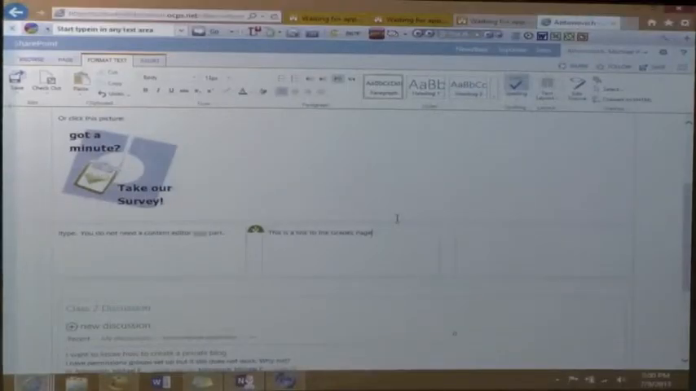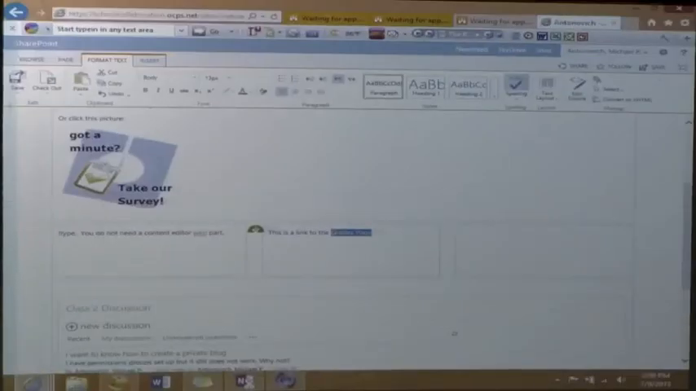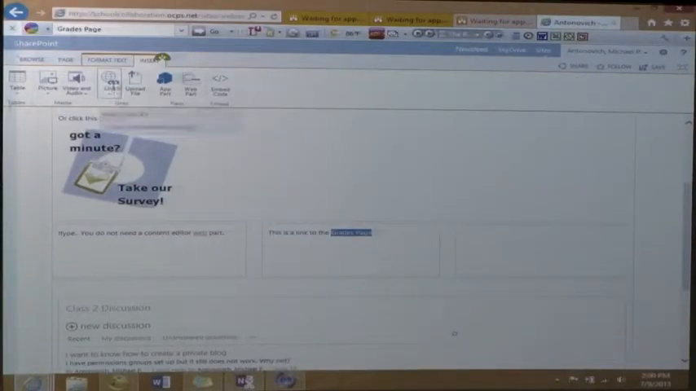So let me show you what I mean by selecting the words. You'd have to come back and, let's say we wanted grades page to be the words that we wanted to select. And then you would come up to insert. And in the insert ribbon, you would click on link. And then you would either